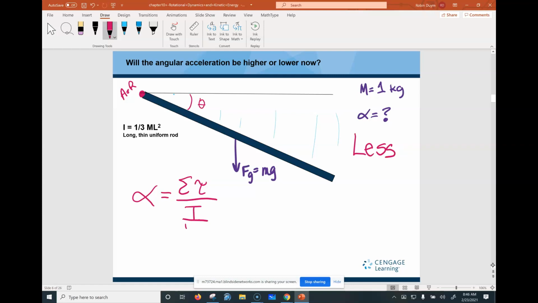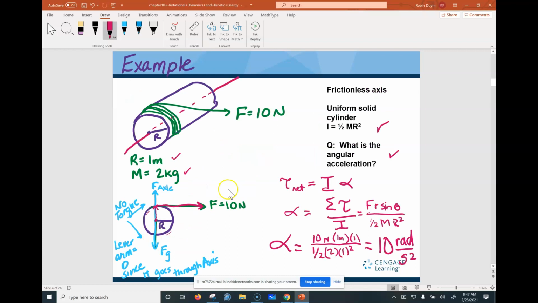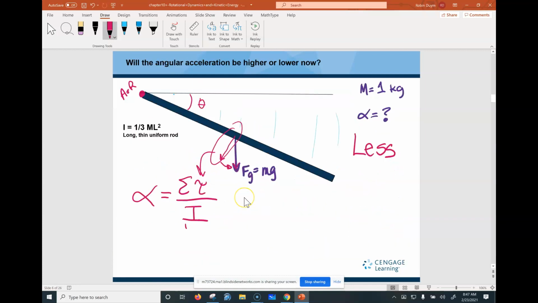Yeah, because only part of this force now is going to produce a torque. Like what Emma was saying, because only the part that's perpendicular, so your torque is going to decrease. So you will have a lower angular acceleration, because only this part of the force produces the torque. Awesome. Okay, so